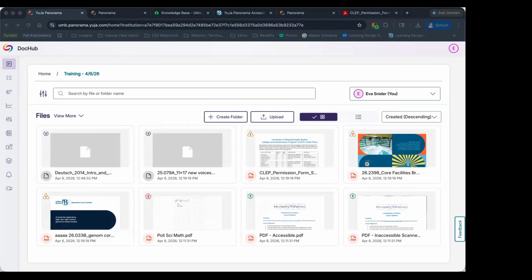So contrast, if you have issues in the contrast between foreground text and background color, then that can be changed. It will give you a color picker with hex codes, and so you can insert the hex code of a color that you would like to change that foreground text content to. It will also give you the accessibility contrast score. So it's going to give you a contrast ratio between the foreground and the background content, and it's going to tell you whether or not that content passes. It will flag some colors that pass contrast.